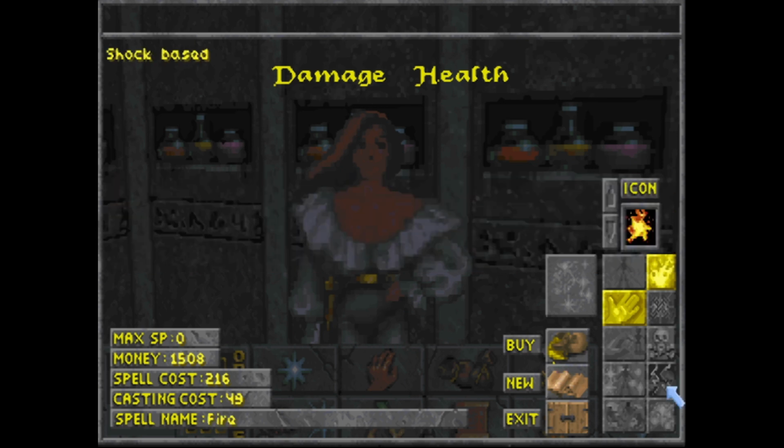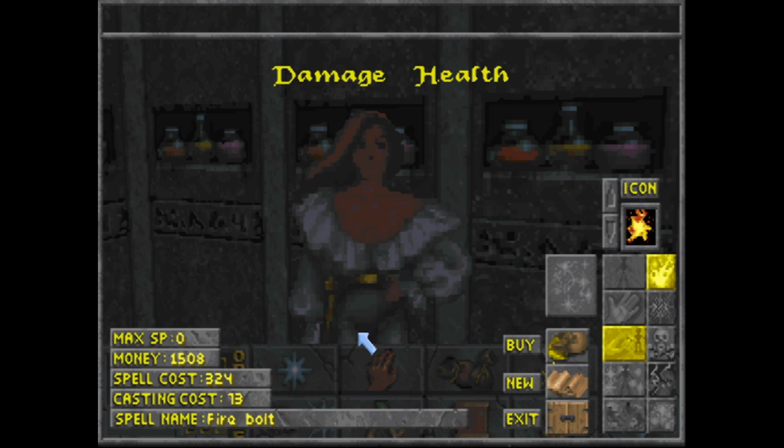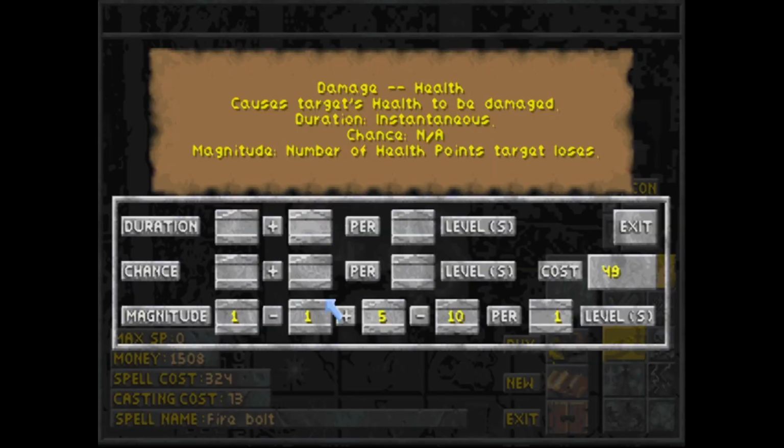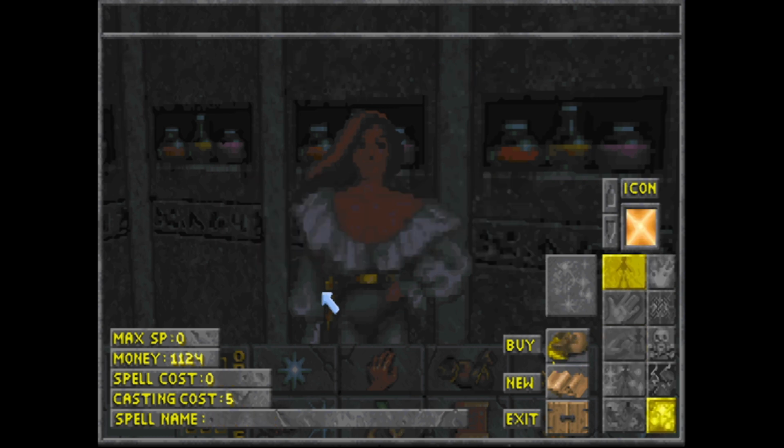Actually, I'm going to make sure that this is a single target ranged. There we go. This here's just going to be called Firebolt. This is going to be our basic go-to fire damage spell. In fact, I can even edit this, make it to where it does 1 to 5 base damage and then 5 to 10 for every level. So, does some good damage, some decent damage. And its casting cost is 87 mana,